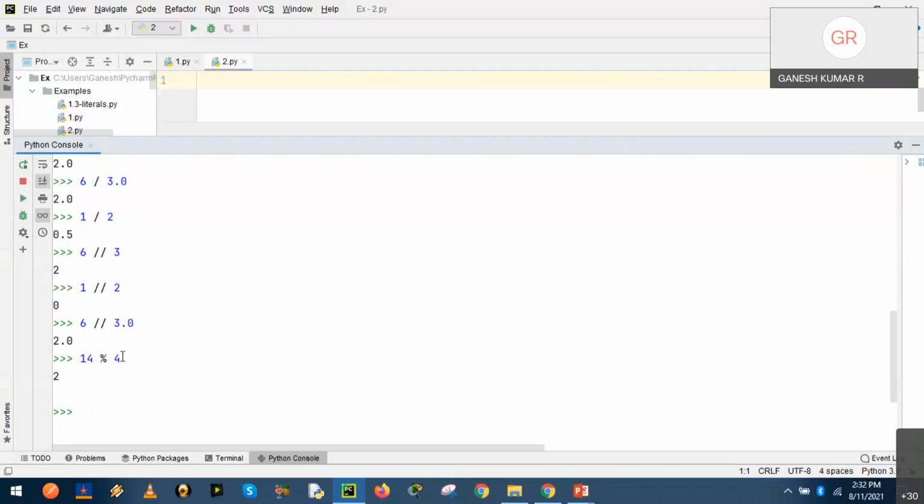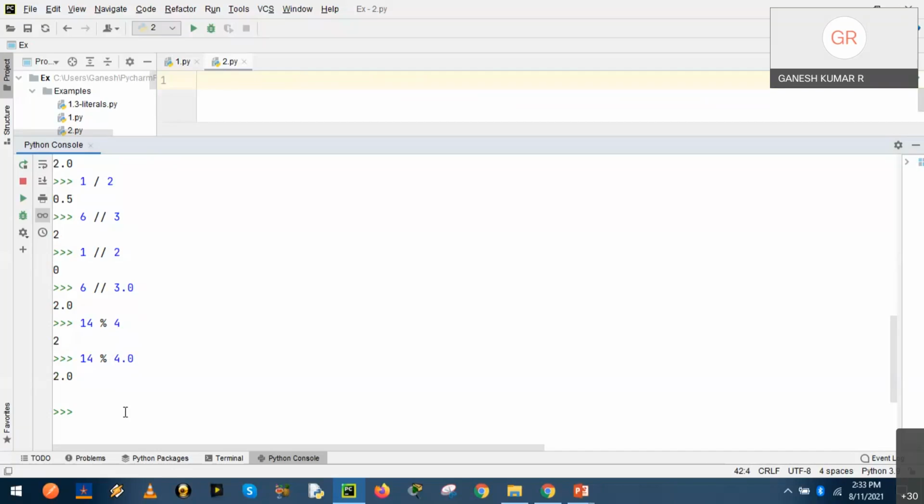So it is the value left over after dividing the first value by the second value, which produces an integer quotient. Please note, integer quotient. So the remainder is represented by the percentage operator. In case you introduce a float in this place, like 4.0, then we have a floating point remainder value. Unless otherwise specified, the remainder will always be an integer value.